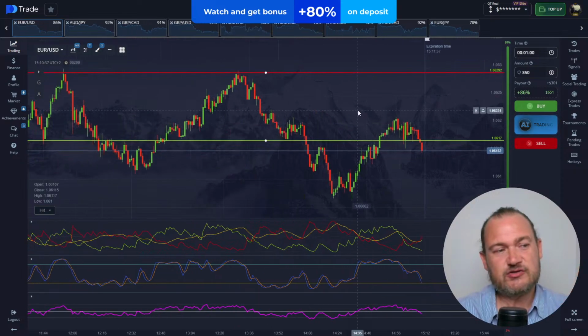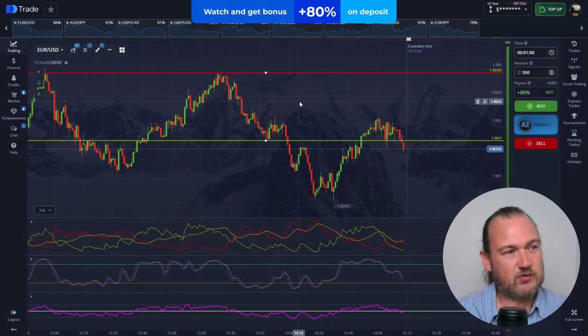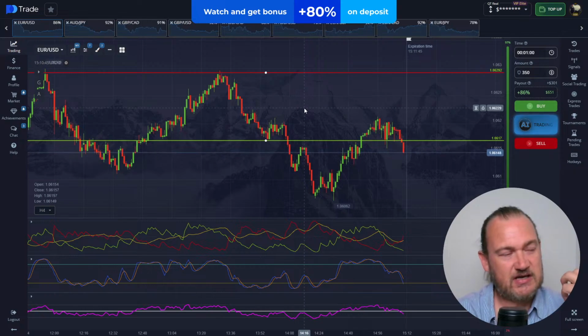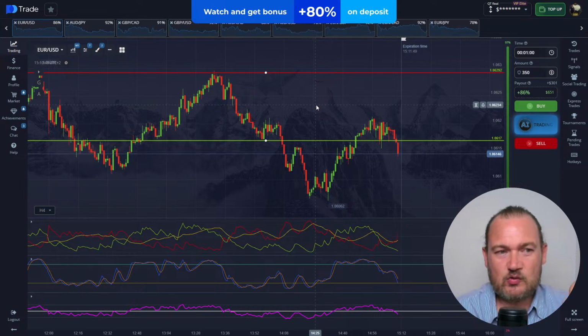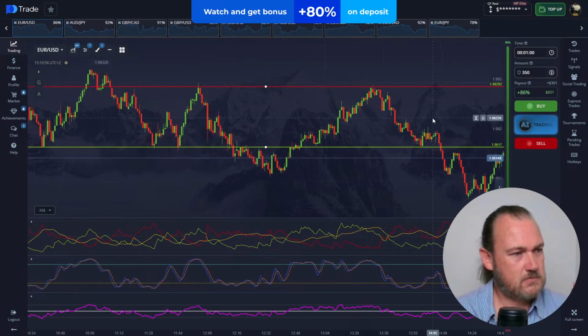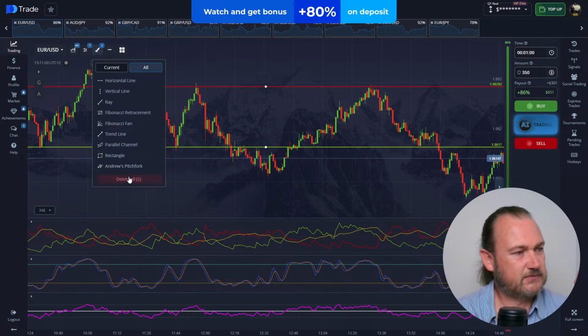But this should explain fairly beautifully the way that we can look at support and resistance areas and use them to enhance our strategies and just get a little bit higher probability entries. Okay, so let's get rid of this, and let's have a look at